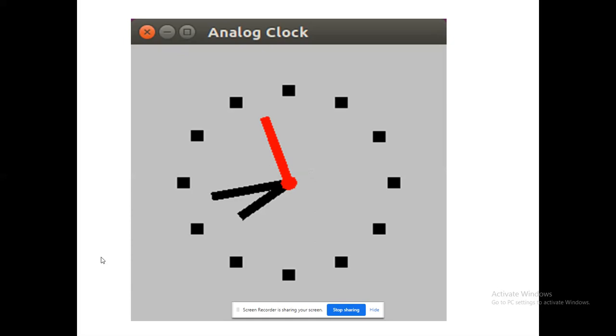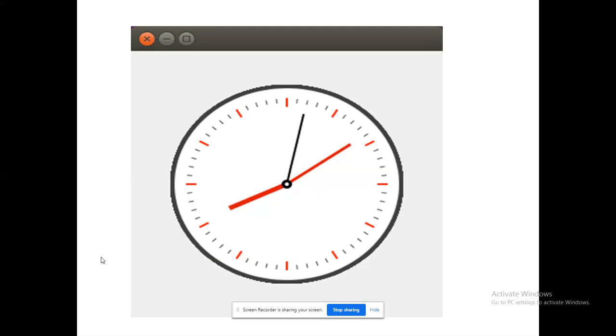Next, here I don't have any numbers. Everything I have drawn. See here, squares are being drawn there. The needle hands, hour hands, minute hands, you can see how they are being designed. So here it is purely based upon complete geometry. So you have a lot of variation from this one to this one. And finally, this could be the ultimate one. This could be the last one. Once you are able to construct this, you are the master in maths for the geometry pertaining to the GUI environment, right? This could be the case.